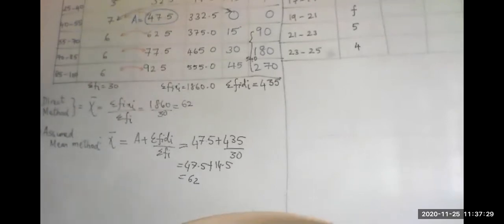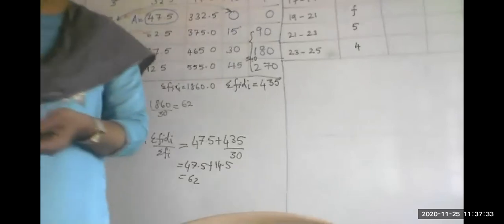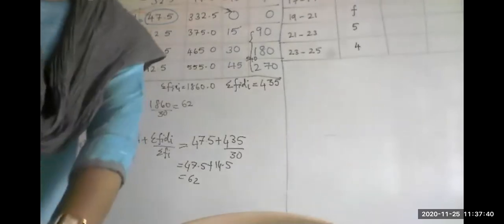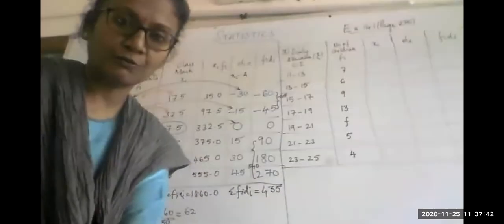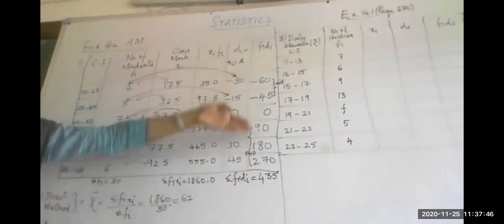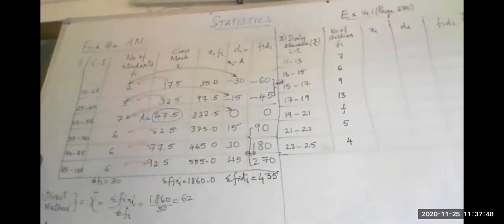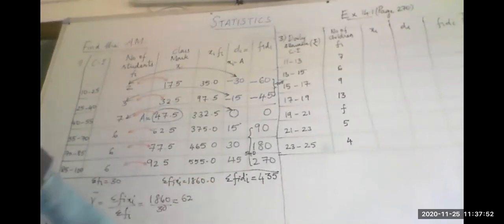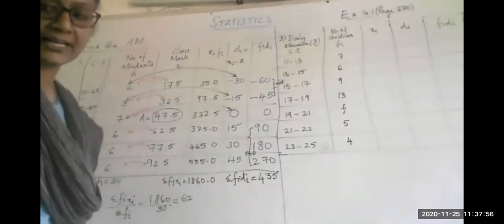Now you tell me which method would you choose if you are asked to find the arithmetic mean of a given distribution. Assumed mean method. Okay, assumed mean method, many of you would feel that it is easy because my calculations are reduced to a great extent. Also, my formula is very nice to substitute and get it. But nobody is going to stop you if you do the direct method.